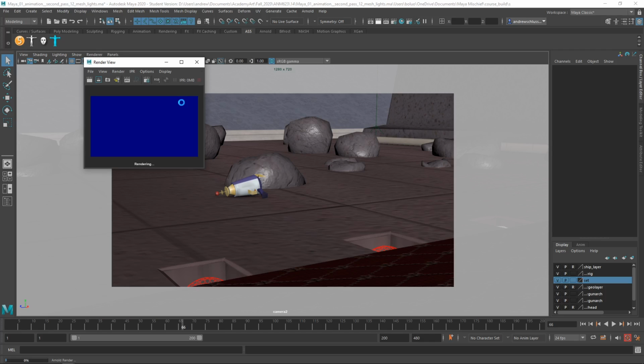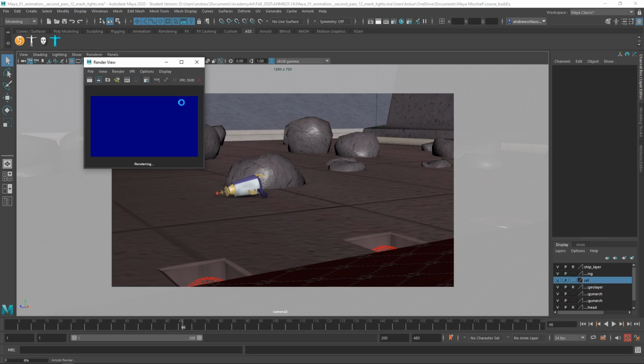The other thing is, unfortunately, as much as I conceptually like mesh lights, I have had some issues with them causing weird artifacts in the render, like weird noise that the only way I was able to get rid of is to replace the mesh lights. So if you are running into some weird artifacts,